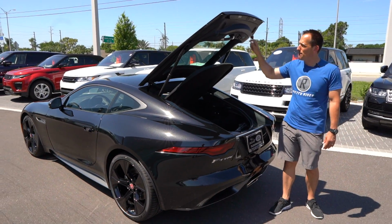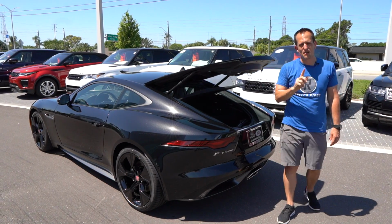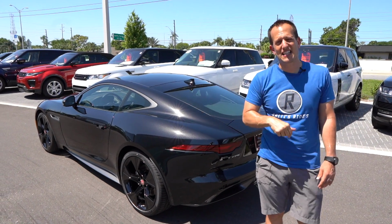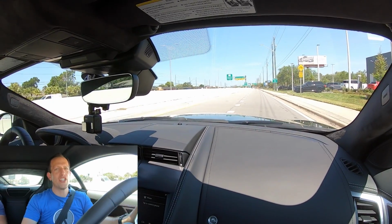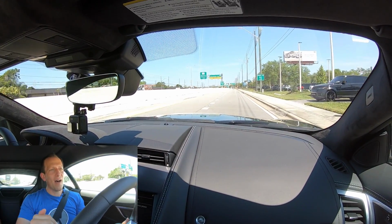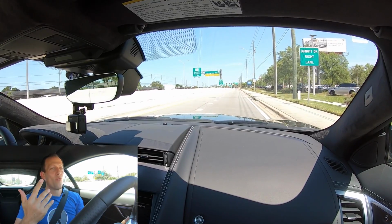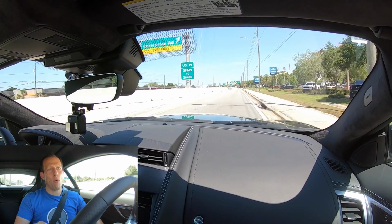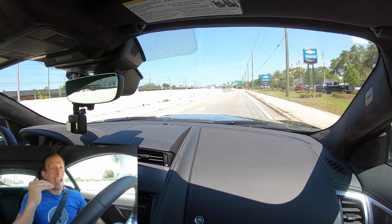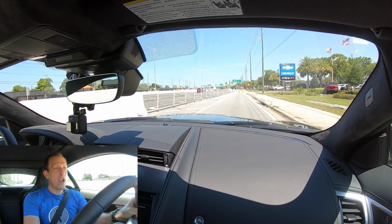From England, you push the button, it closes down nicely, but if you're ready, I'm ready. Let's take this 2021 F-Type for a spin. All right guys, we're in the 2021 Jaguar F-Type. Love being behind the wheel of these. Really just a unique experience you don't get in many sports cars. But on throttle, 8-speed drops down, and we are off and